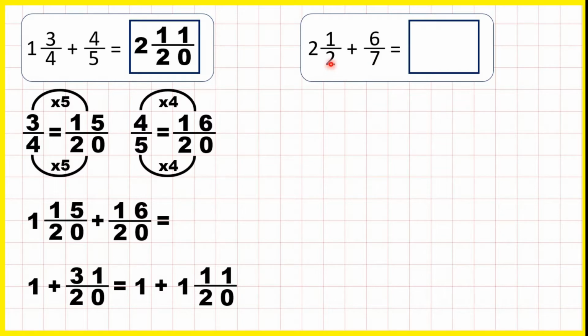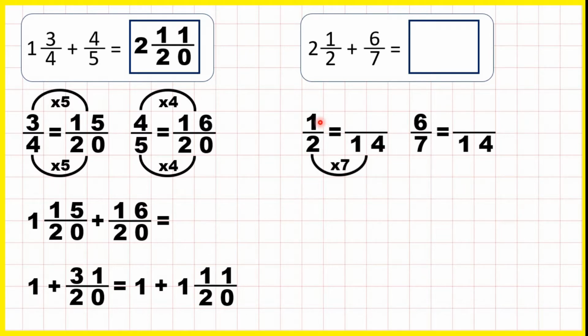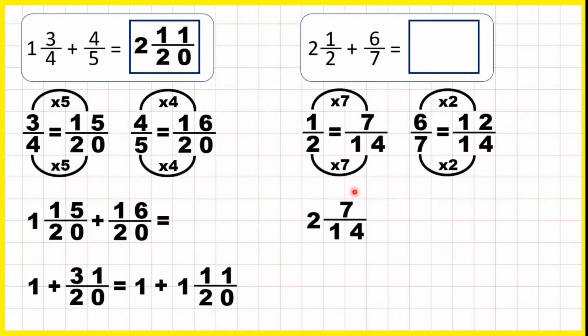So 14 is in both the 2 and the 7 times table, so we can find equivalent fractions to 1/2 and 6/7, which have a denominator of 14. 2 times 7 is 14, 1 times 7 is 7, 7 times 2 is 14, 6 times 2 is 12. So we can rewrite our question. Instead of 2 and a half, we have 2 and 7 over 14, and instead of 6/7, we're adding 12